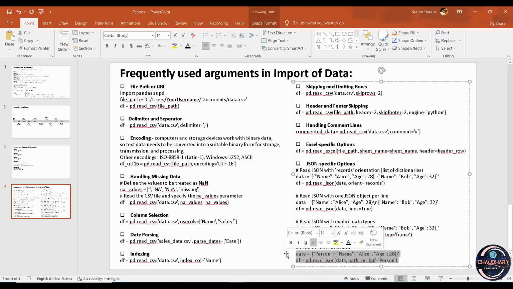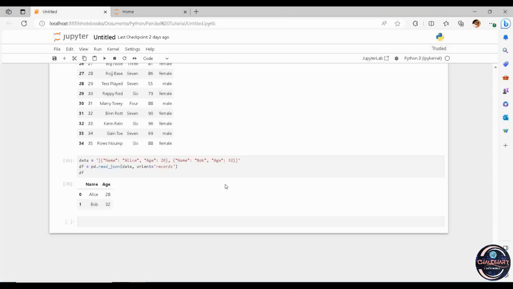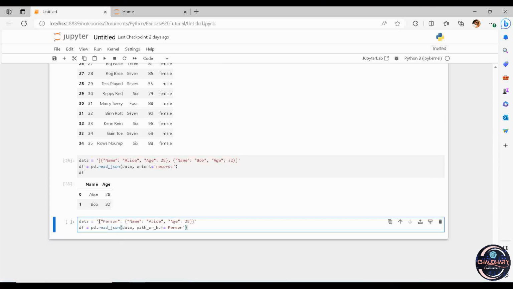So let me just show you how it is. I will take a small example and put the whole thing over here. Now you can see that generally this type of architecture is not found in JSON used as a data set. There is only one keyword, that is person. Inside that person you have this particular row. Now how will this row be identified? You need to tell it to pick up the row from this person